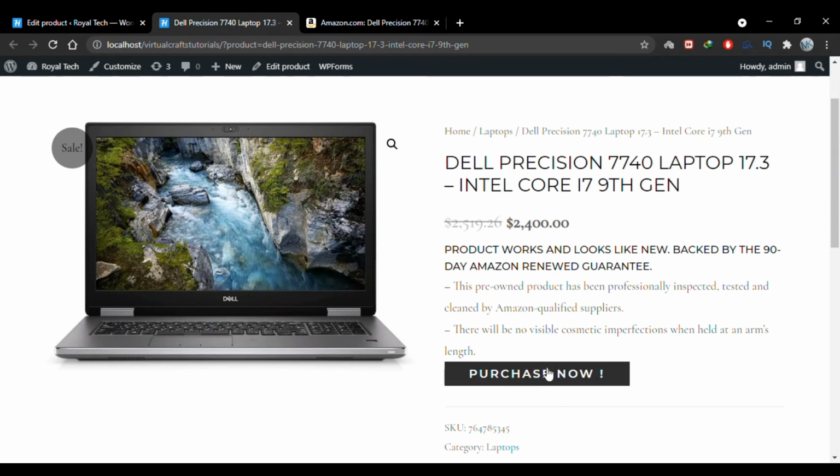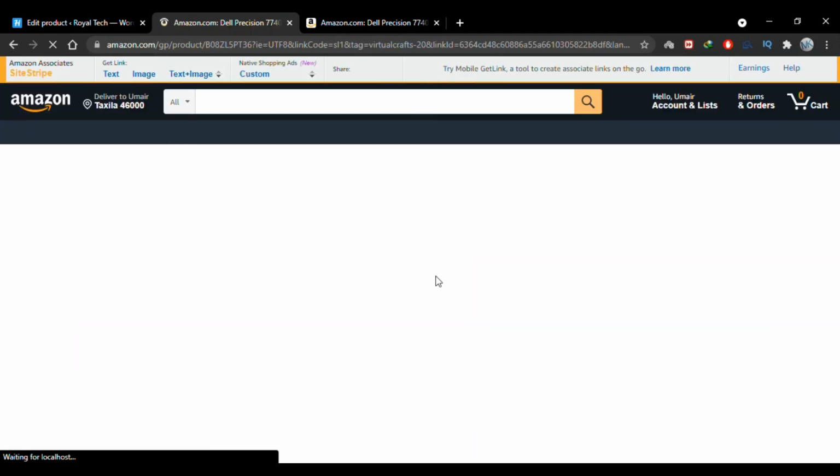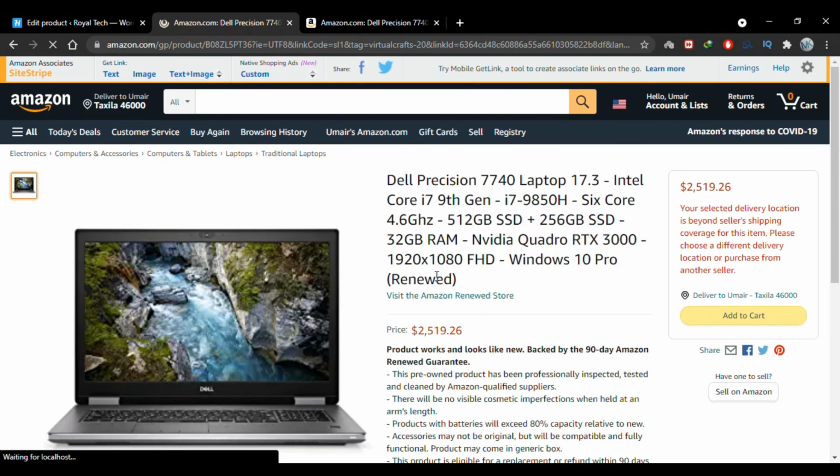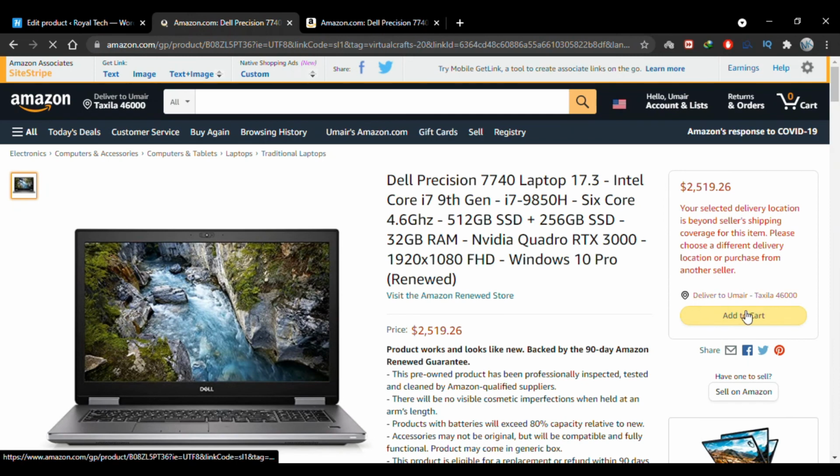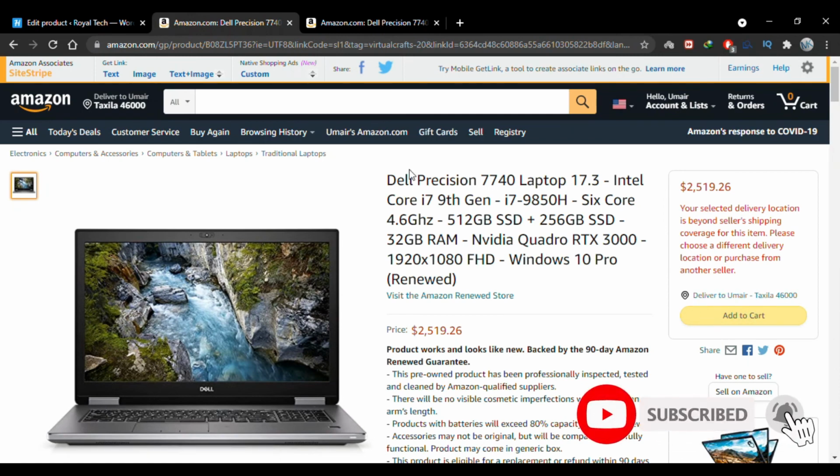So when I click this button, it will not take me to the checkout on the same website. Rather, it will redirect me to the Amazon website, and I'll have to purchase the product from there. And in return, I'll receive some commission that will be handled by my Amazon account. So I'll click purchase now, and you'll see that we have been redirected to Amazon to the same product we added. So the customer can go through all of these details here, and to purchase he'll have to click add to cart here. So that's how you can add affiliate products to your WooCommerce store.